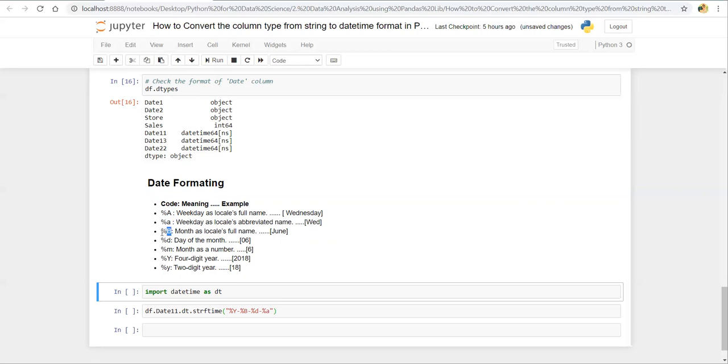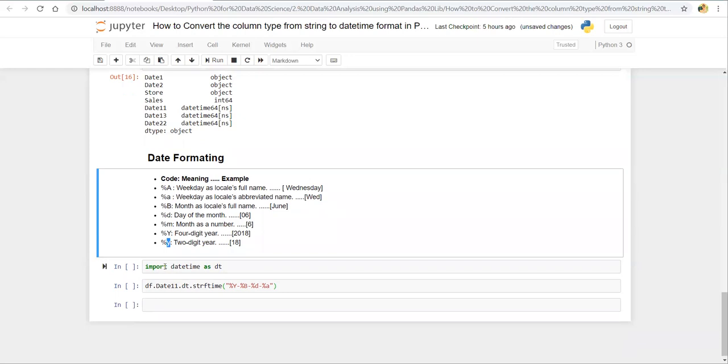Capital B is for the full month name, small b is for the abbreviated month name, small m is for the month as an integer, and small d is for the day of the month. Percent capital Y is for the full year, and percent small y is for the two-digit year. Now here I'm using the datetime library.